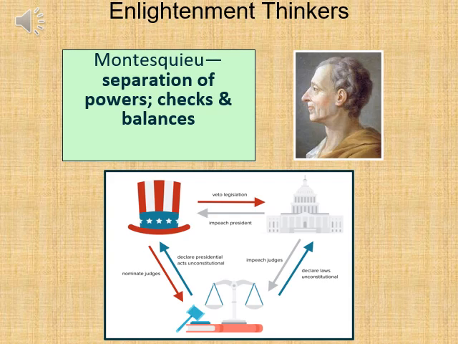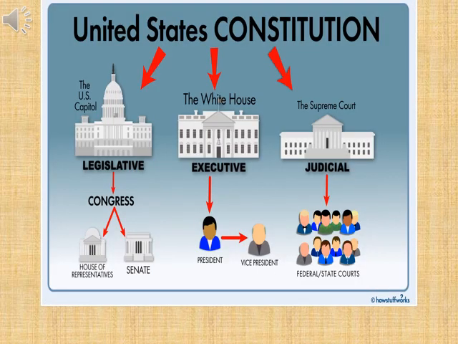One other Enlightenment thinker whose work weighed heavily on the American colonists and revolutionaries was Montesquieu and his separation of powers, or the system of checks and balances. Montesquieu's writing on the separation of powers, and specifically the system of checks and balances, is enshrined in our Constitution in America, where there's three main branches of government: the legislative, the executive, and the judicial, and each of them serve as a check on the other two.